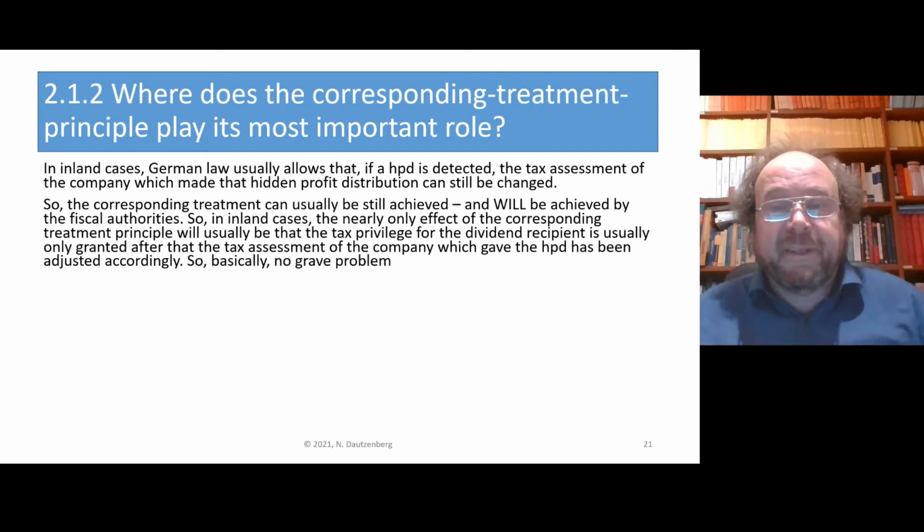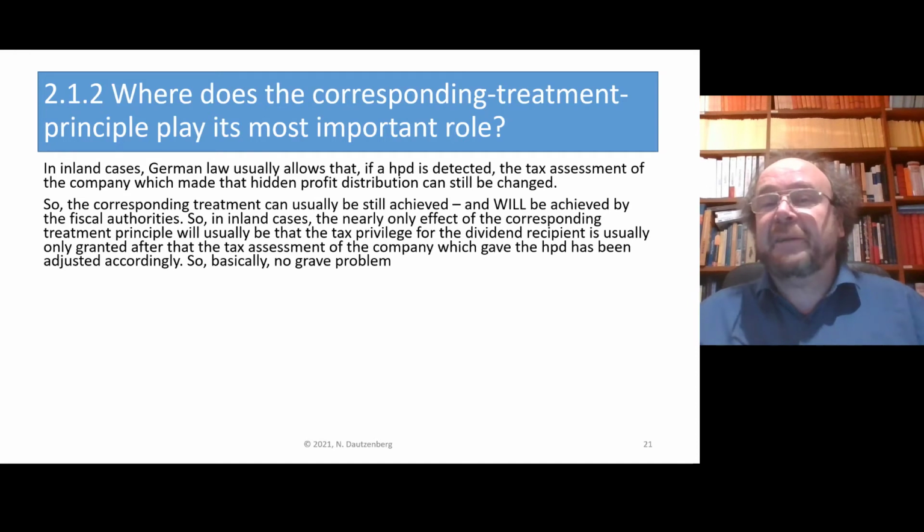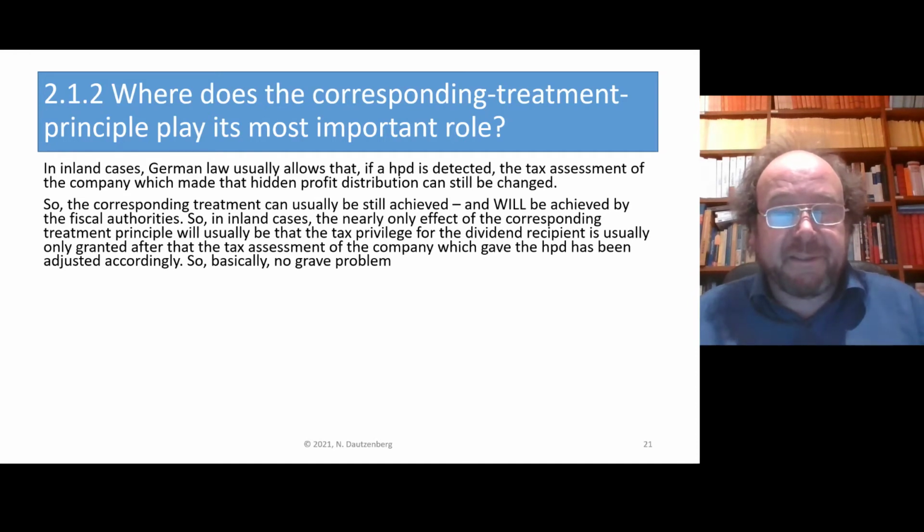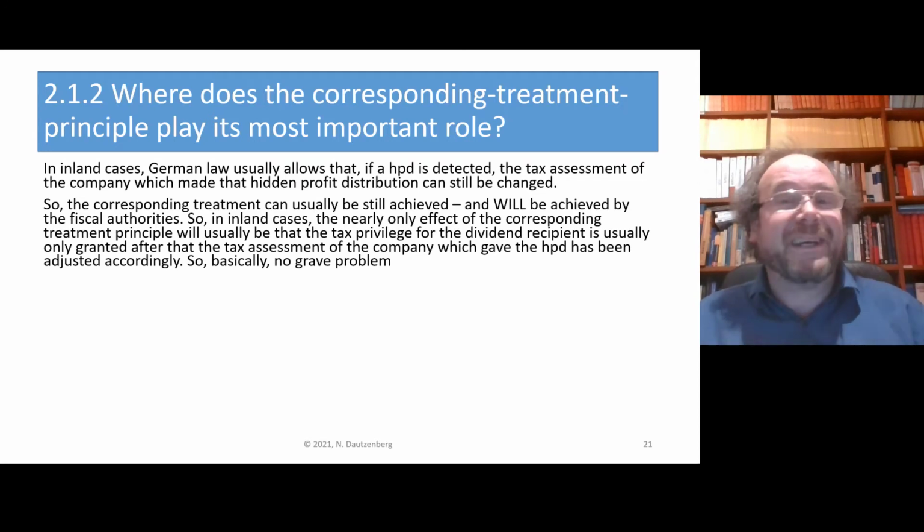German law is not applicable to French tax notices. So you can allow me a mass of things, it doesn't count. Here, only French law counts, and French law no longer allows me to change that tax assessment. So in cross-border cases, it can really become relevant, even in the long run, that the hidden profit distribution happens,